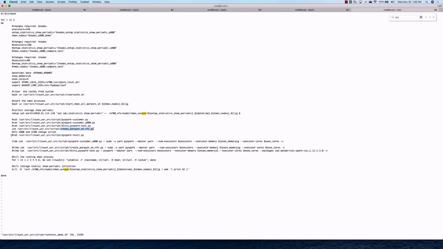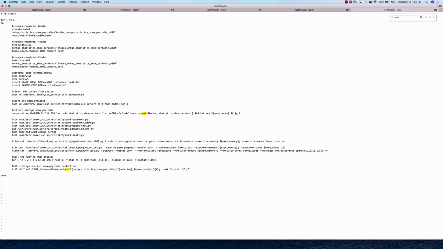This is the one we are going to use. I'm going to use this program to create parquet files, and we have the executor memories and number of executors, everything is defined here. And after we finish the operation, we will kill the